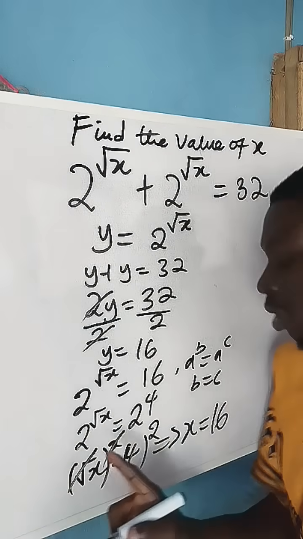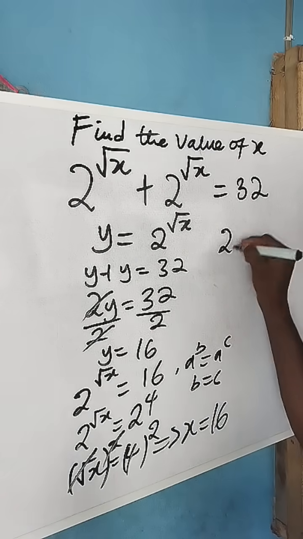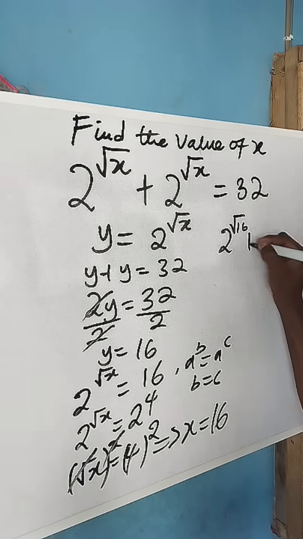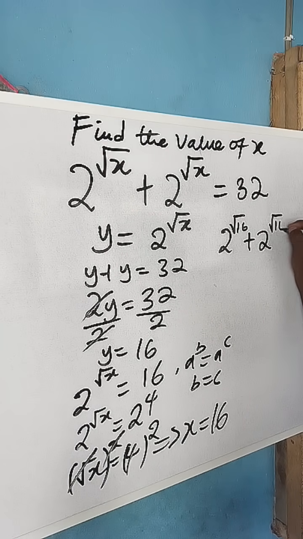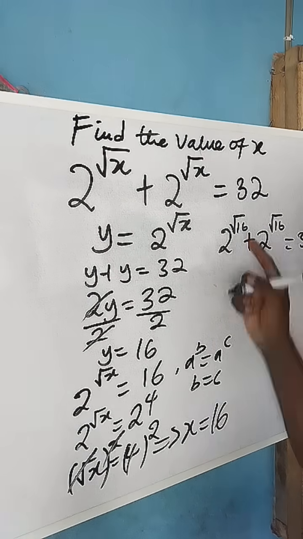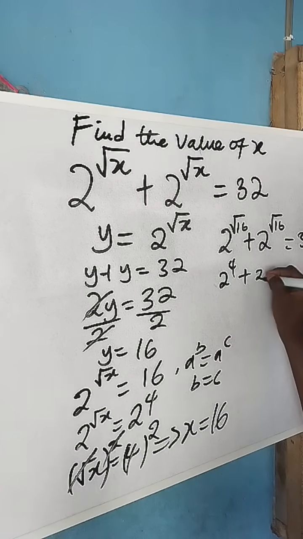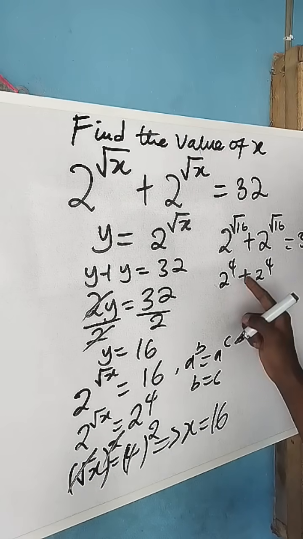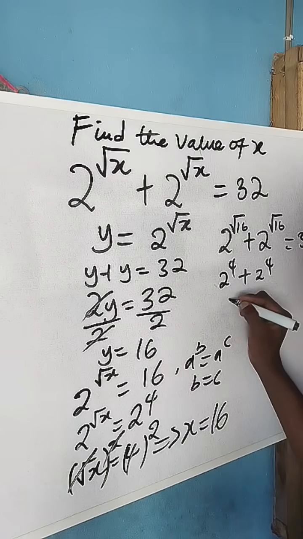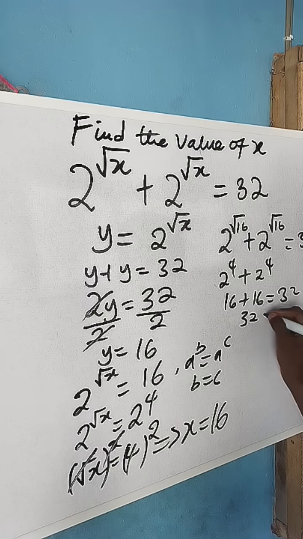You can put in x as 16 into this equation. x as 16 here, let's check. 2 to the power of the root of 16 plus 2 to the power of the root of 16 is equal to 32. Let's see whether we are going to get 32. The root of 16 is 4, right? So this one becomes 2 to the power of 4 plus 2 to the power of 4, right? Now 2 to the power of 4 is 16. So you're going to have 16 plus 16 equals 32. Of course, you add it, you're going to have 32 is equal to 32. Alright, so